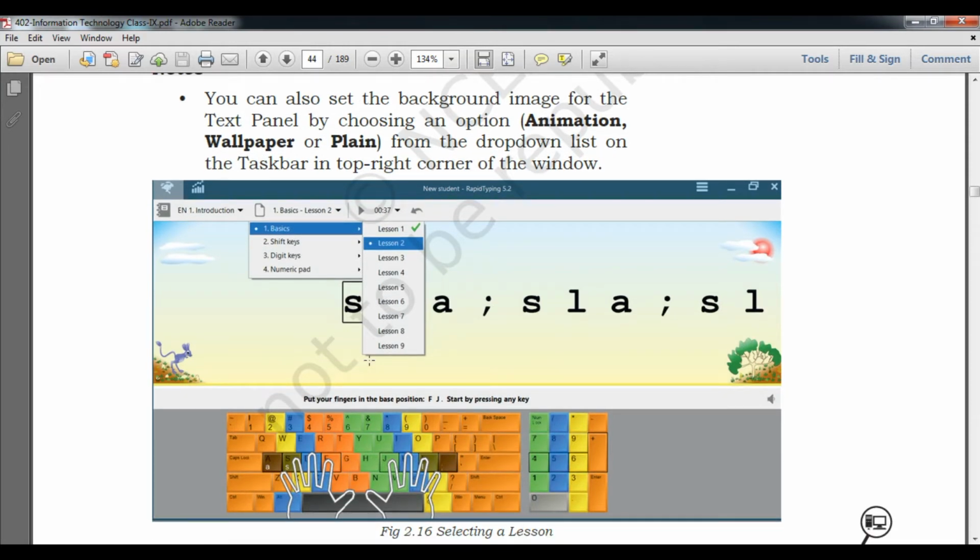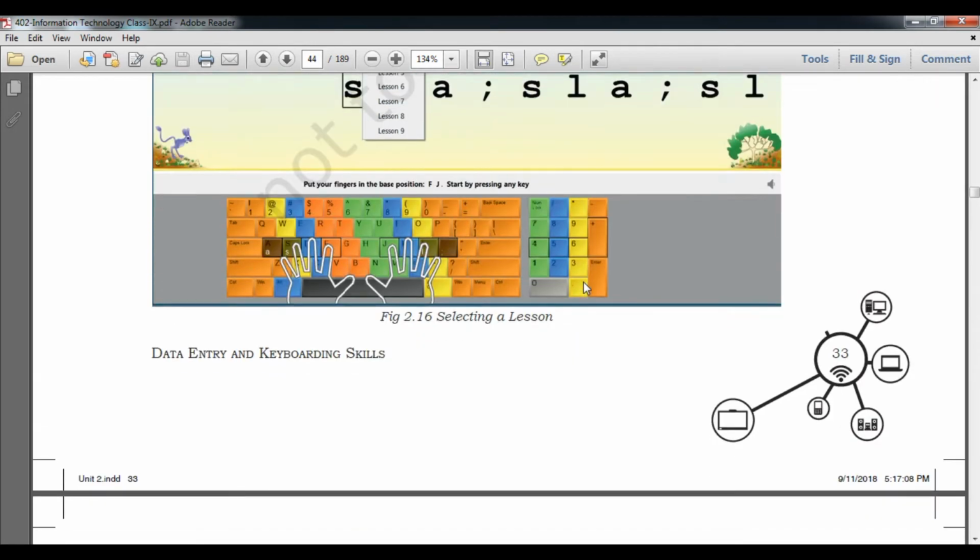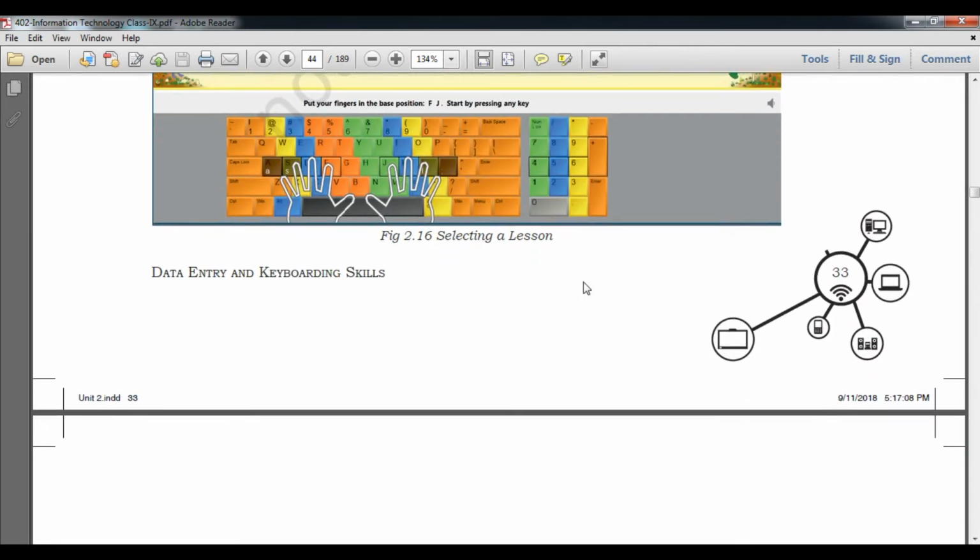The animation shows you what the next word will be. Compared to the plain text, the alphabet will come in the form of animation to improve your interest also. In the drop down menu you can select the lesson: shift keys, digital keys, numeric keys. You just select one of them, and then you can start typing with easy data entry, and keyboarding is cool.